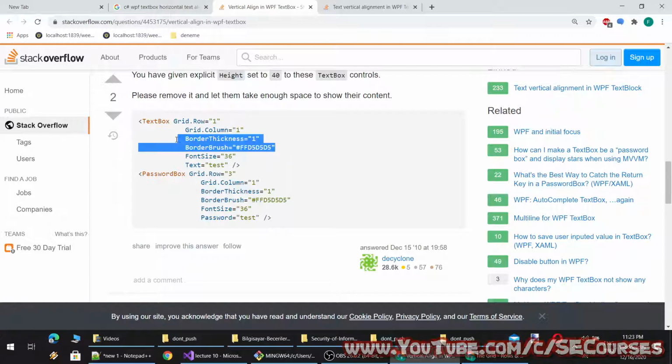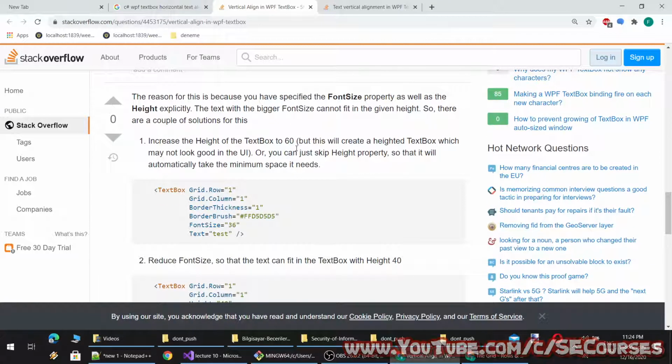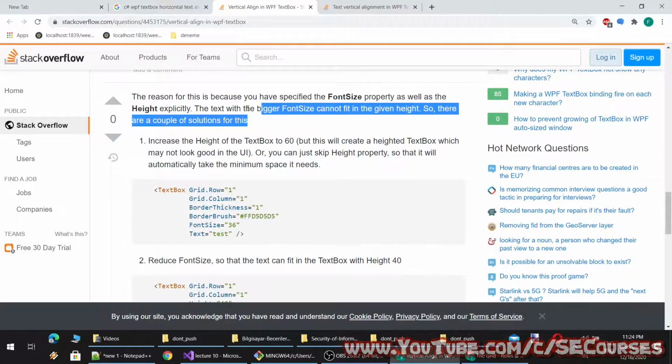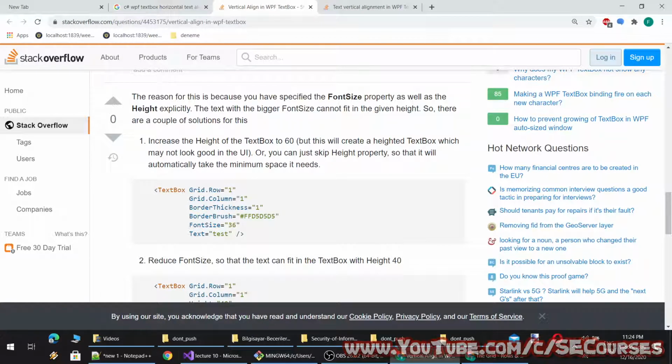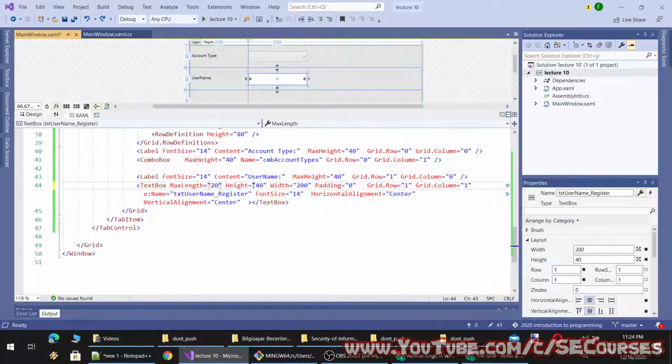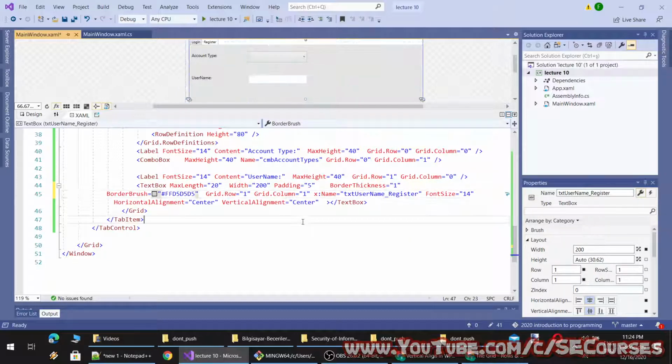Let's add border thickness and border brush. Oh, I see. If we specify font size and height explicitly, it says it cannot handle it. So I will make padding and border brush and border thickness.